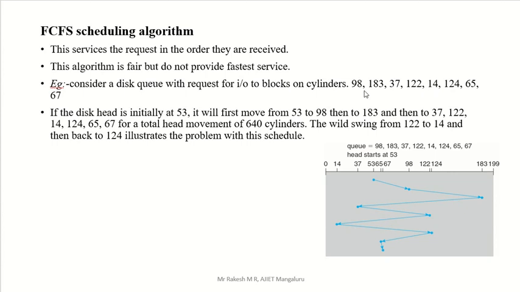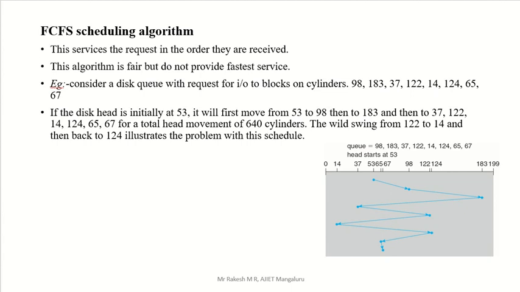Here, the user wants some data, right? The data are stored here in these sector blocks. In these blocks we have the user-required data. So how are these blocks supplied to the user, in which order is a block given to the user? That we can see by using some of the algorithms.